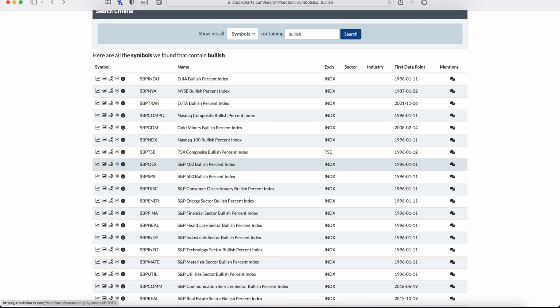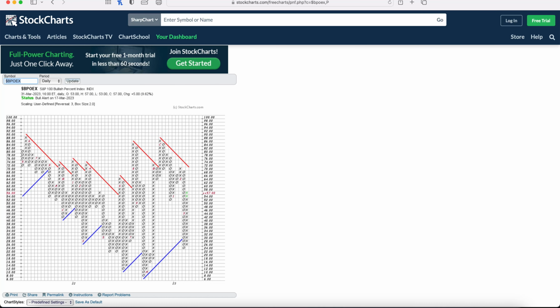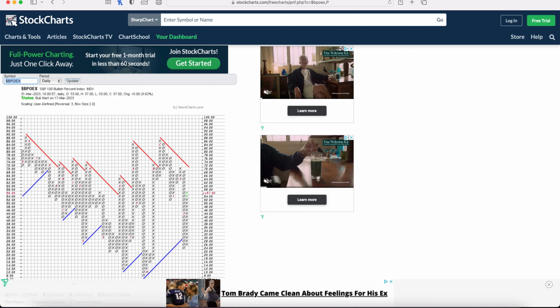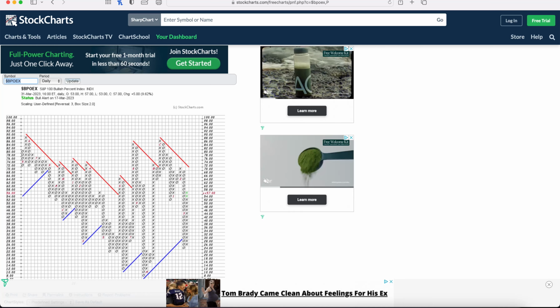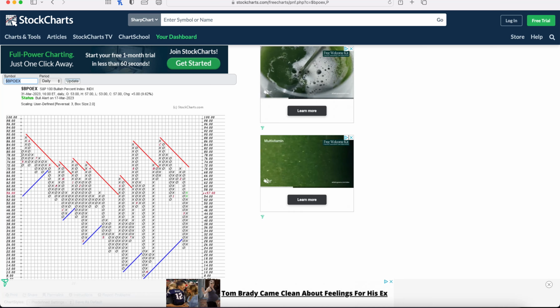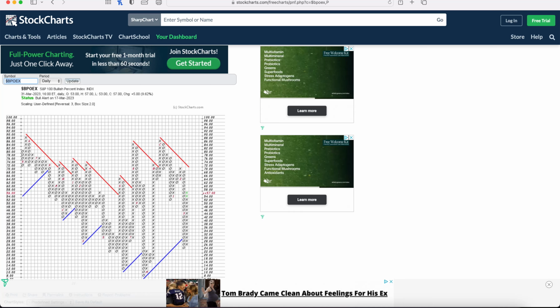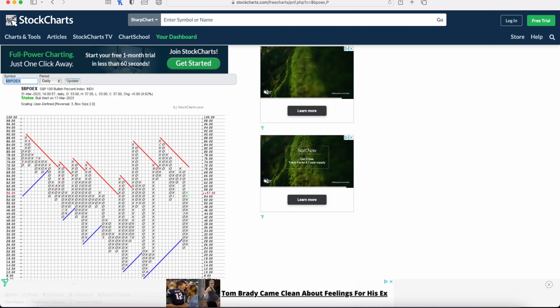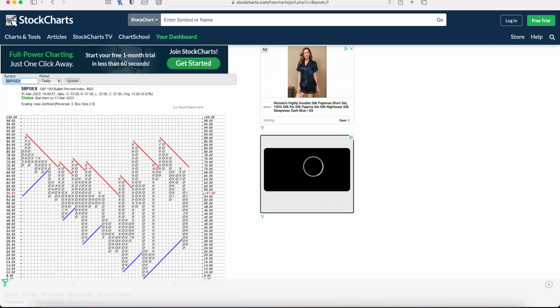And then the S&P 100, it's tacked on a couple of X's as well. So the internals are pretty bullish right now, even though some of them are on major longer-term sell signals like this one. This is a point and figure sell signal in and of itself, with columns of O's exceeding the other columns of O's to the downside, as opposed to the other way around. When X's are going up, these O's are all going down.